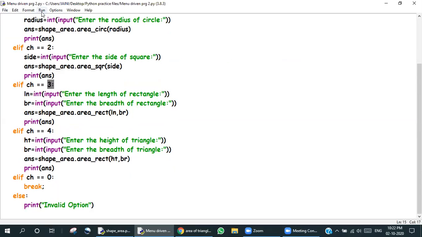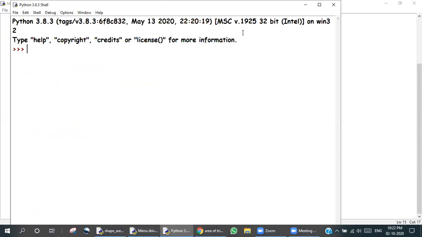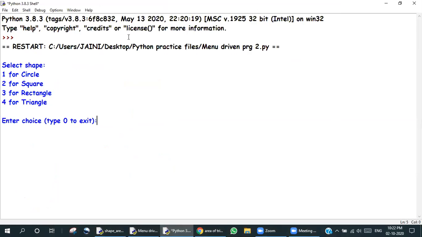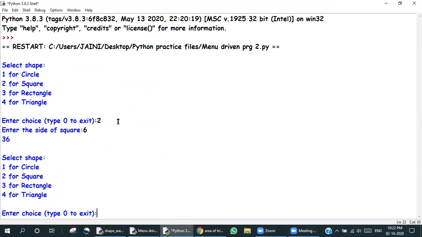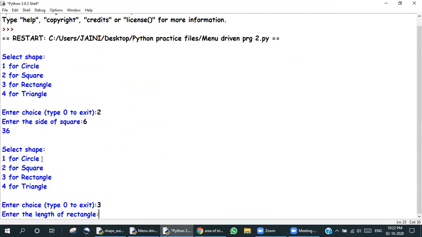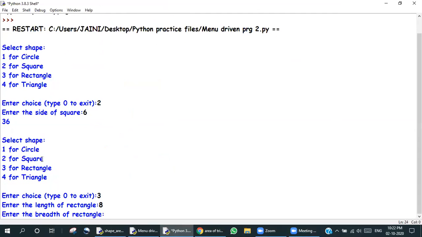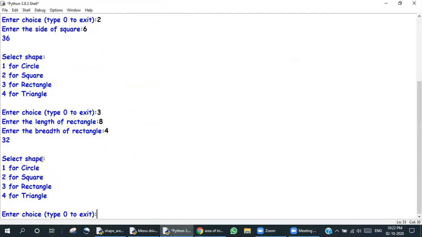Now let's run this program. So I got select shape, I have to select it. Let's say I select number 2. So this thing enter the side of the square, so I'll say 6. I got my answer 36, and I get another set. Again, it is running in that loop. Suppose I say 3, enter length 8, enter breadth 4, 32. Again, it is telling me,